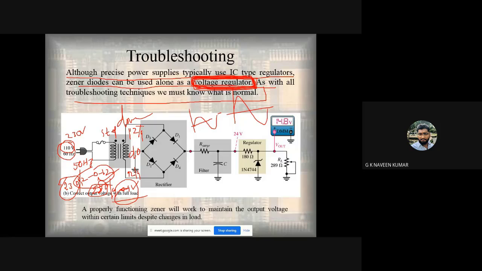If this is plus and this is minus, and the plus is connected to this one, it will be forward bias. If this plus is connected to this one, it will be reverse bias. The current always flows from P to N, and it cannot flow like this, so it will choose another path. What is that other path? This is the path, and this is how it will start moving.